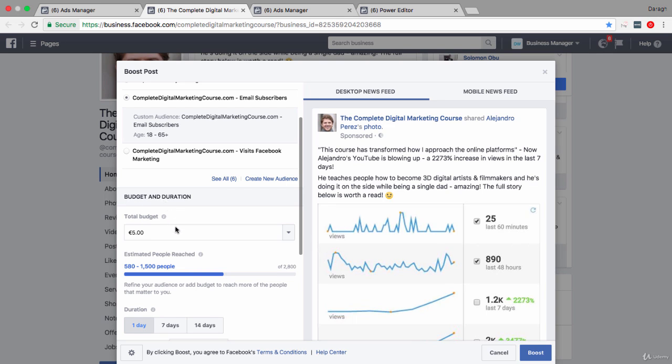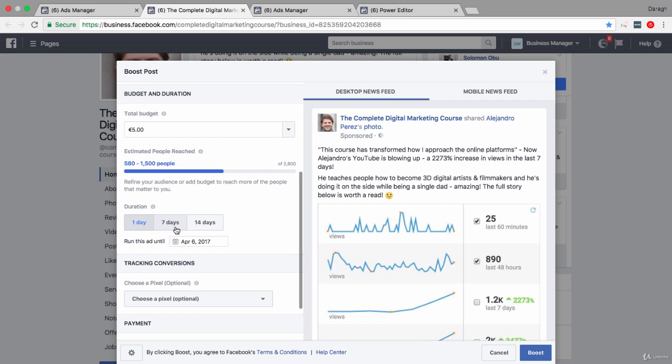Now, one con or disadvantage of this tool is you don't have all of the options available to you, like different types of bid types. And that could be important if you become a more serious advertiser. Also, a disadvantage of this tool is you can't select where your ads appear. For example, if you wanted your ad only to appear on Instagram, that wouldn't be possible to do inside the